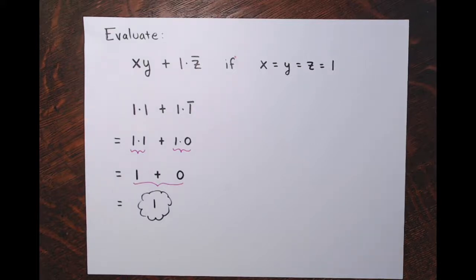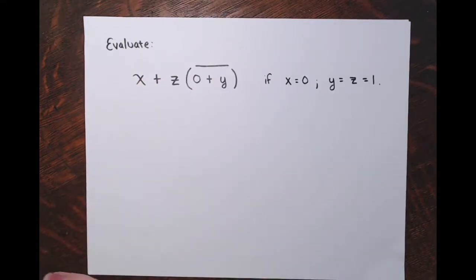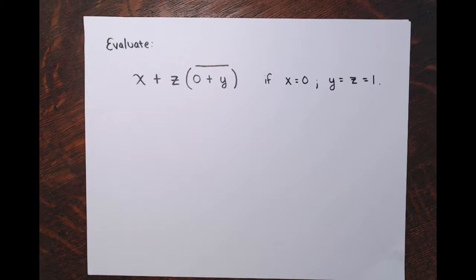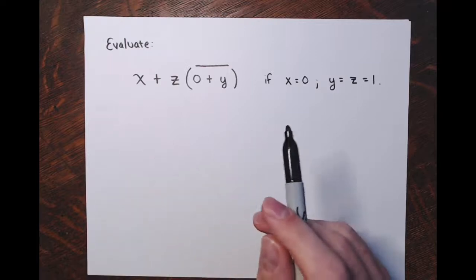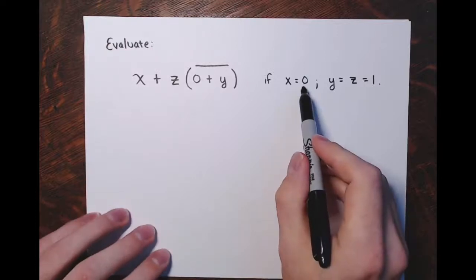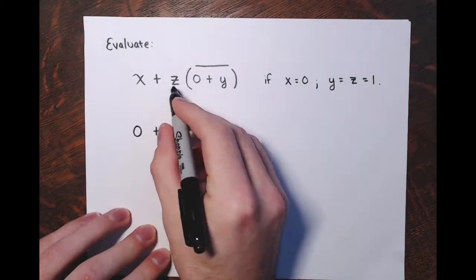Okay, so simple enough. Then they have another one. Here's the second Boolean expression thrown at me in this participation activity. Again, we evaluate it: is it going to be 0 or 1? And yeah, I know you could guess, you'd have a 50-50 chance, but let's try to practice this stuff. So the values of the Boolean variables here are, x is 0, so I've got 0 here, plus, the value of z is 1,